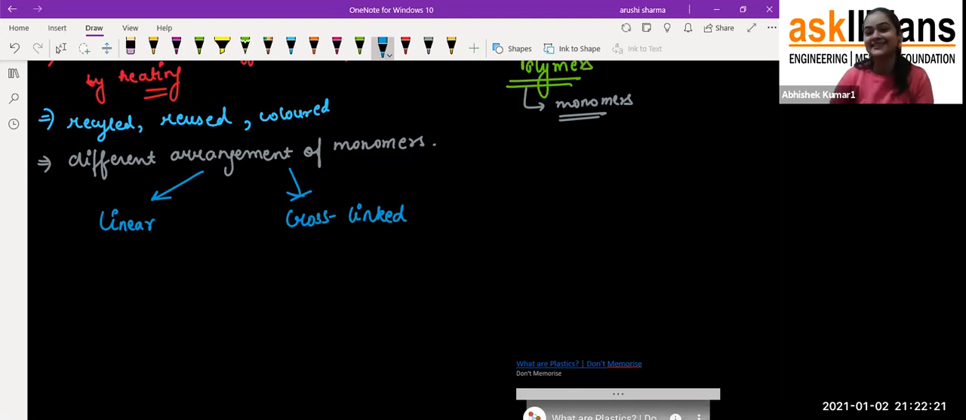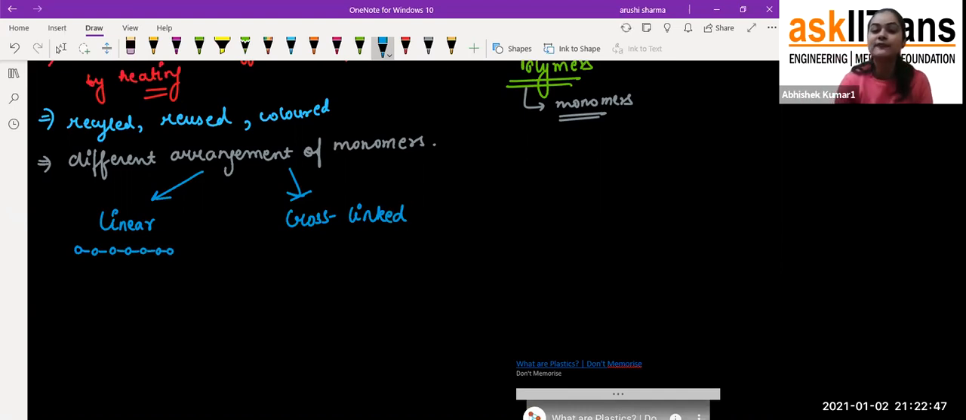you will say, ma'am, you haven't shown us what is linear. You didn't tell us what is cross-linked. So how are we going to answer this? Students, if I tell you about the linear one, it is like this. Just consider these small circles as the monomers, and this is the linear one,